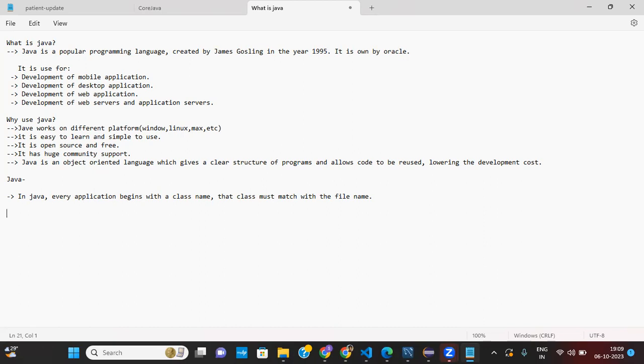And next, what do we have? We have the main method. You will see that in every Java program there is a main method and it is required.